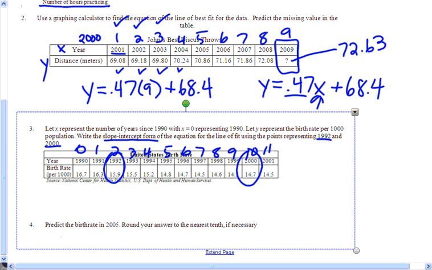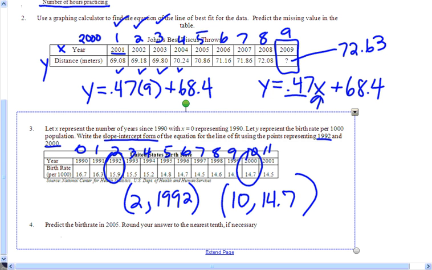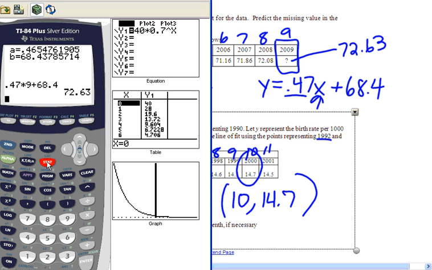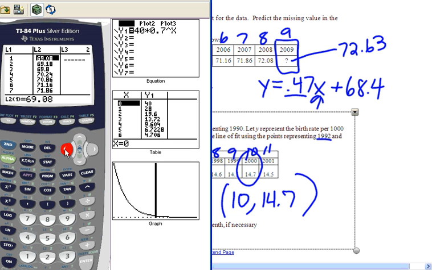So we're going to enter 2, 1992, that point, and then we're going to enter 10, 14.7 in our calculator. And we can use our list to do this in our linear regression. To clear the list, just highlight L1, press clear, and then enter. And then highlight L2, clear, enter. And the data we were using was, you guys help me remember,